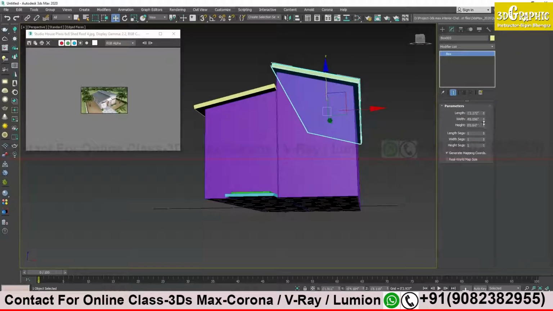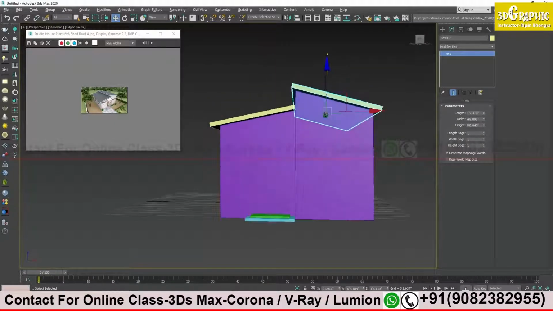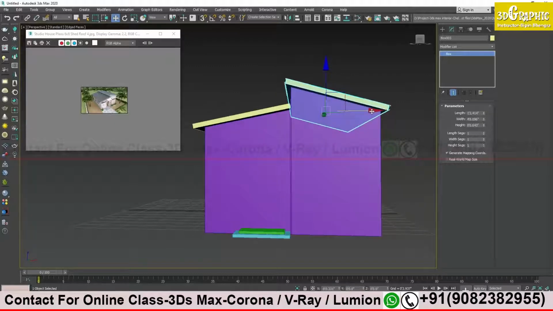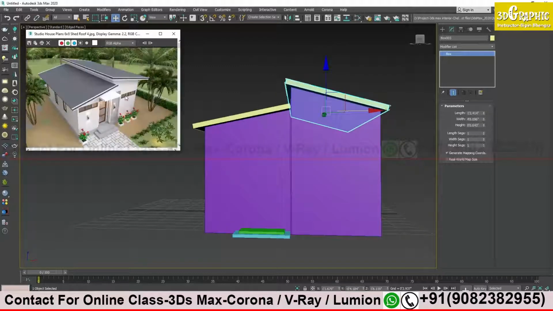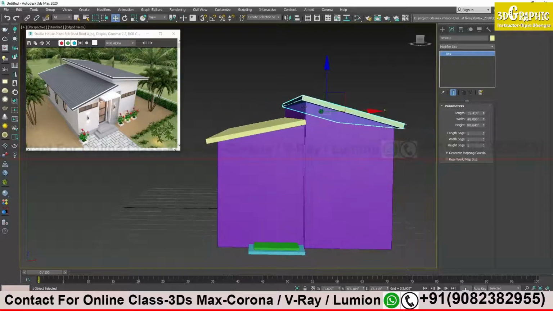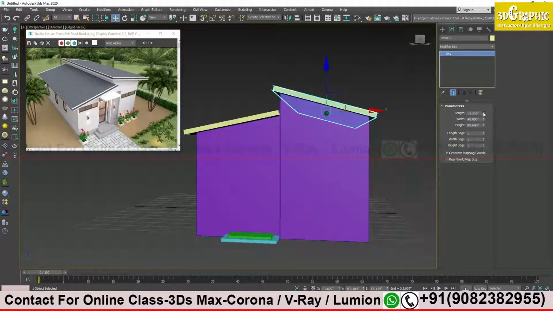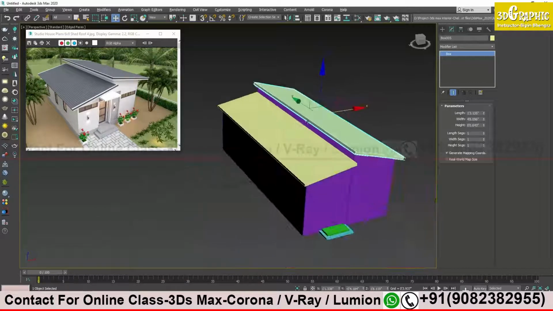I think the height, not this. This should be different. Okay. A little bit of length should be there, as per my images.